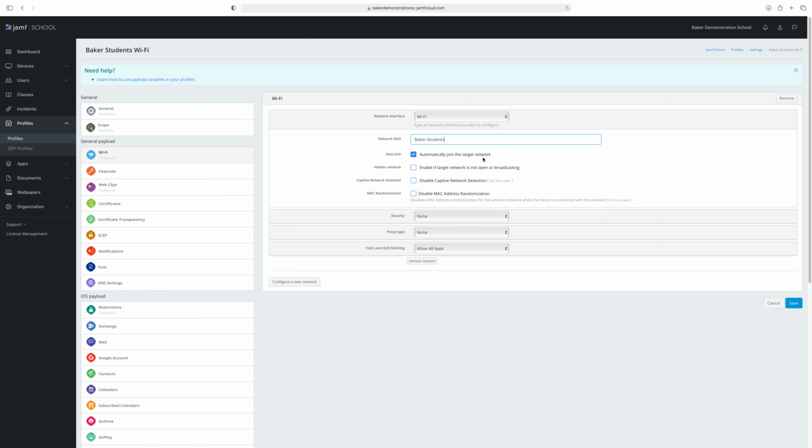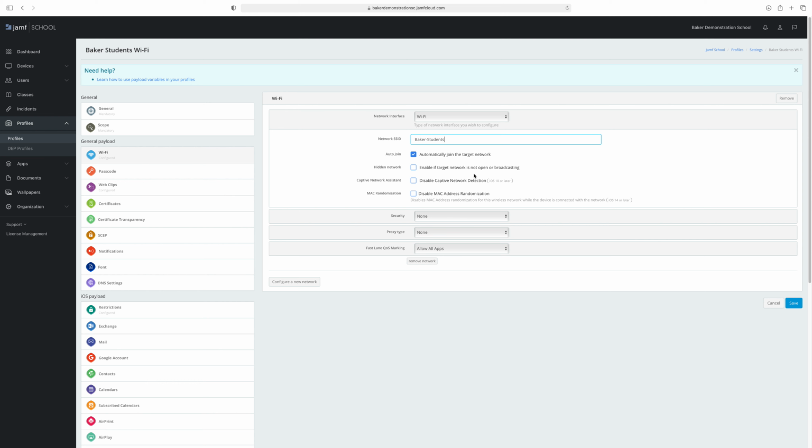Basically, why I'm doing it through Jamf School is because when the devices are in use right now, possibly, it's a weekend, kids are probably using it, they're probably not using it, but as long as it's connected to the Wi-Fi, it will be deployed with this new profile to the device wirelessly, and there's no need to worry about whether we need permission from the student, or the student's going to get a prompt, etc. No, this is all behind the scenes. They will not see anything different that's going on. They are now connected to the Baker students